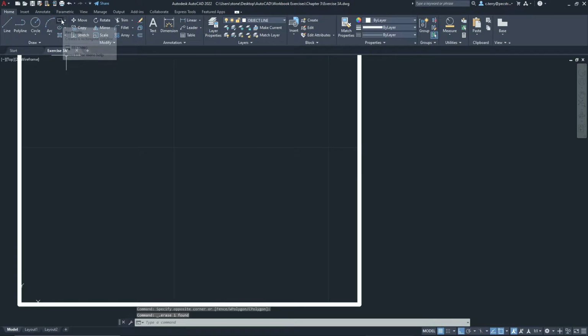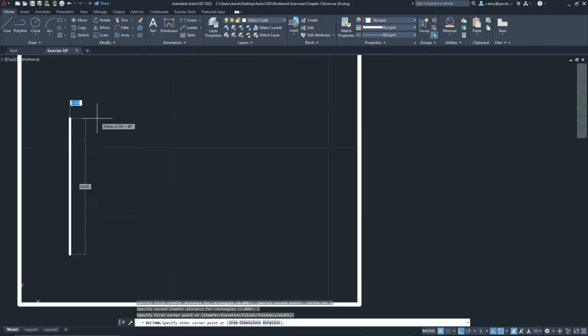You have other options within the rectangle command to specify the first corner point, which is what we've been doing, or you can specify chamfers, elevations, fillet, thicknesses, and widths. So if I say chamfer, what it's going to ask me to do is specify the distance for a rectangle. So if I want to go from here to, let's say I want the chamfer distance to be 1, and then it specifies the second chamfer distance. Let's also make that 1,